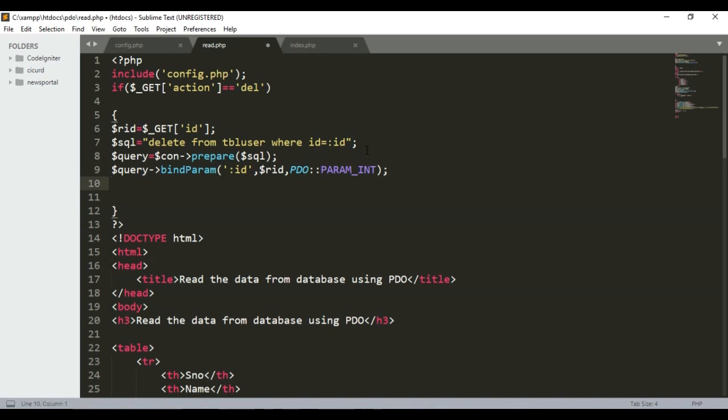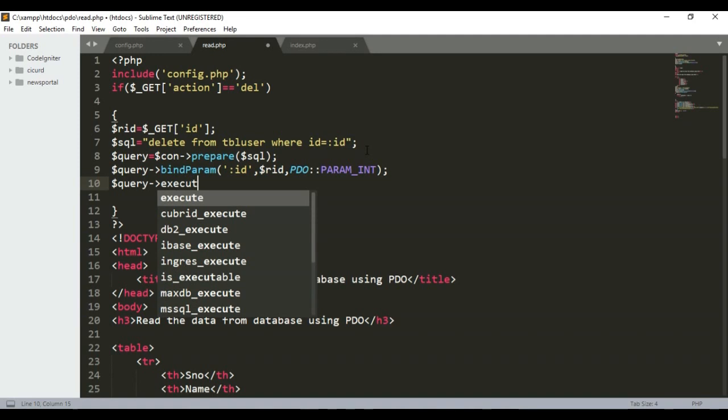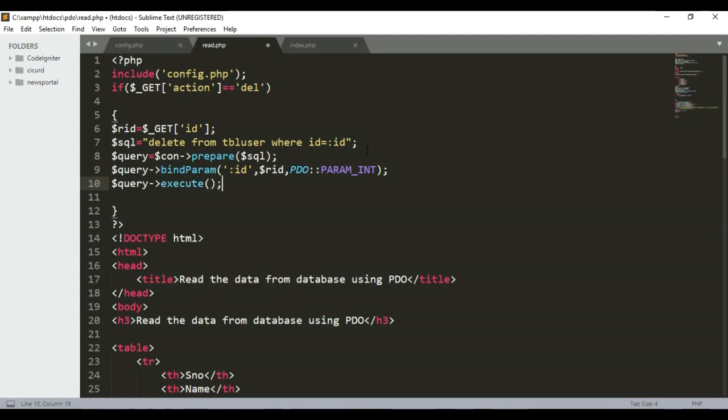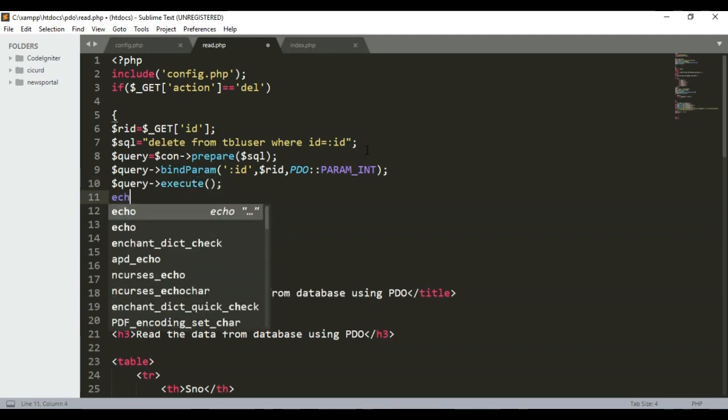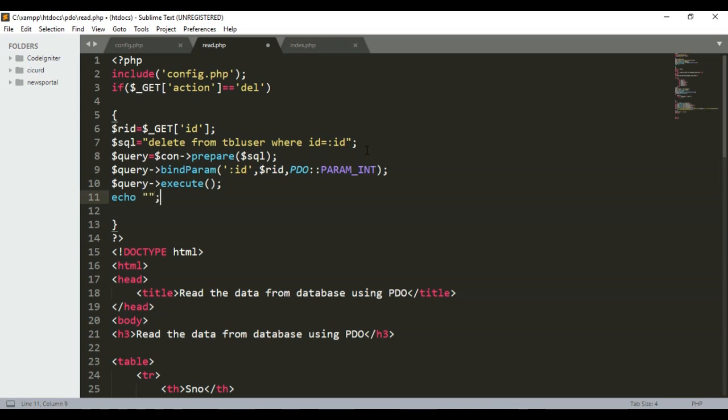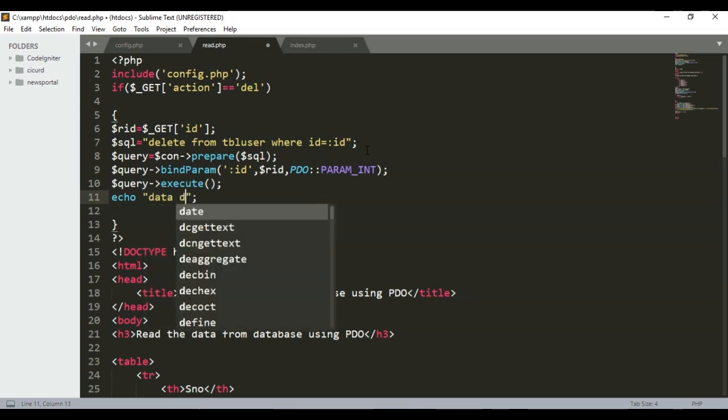Now execute the query, $query object execute. Now print the successful message, echo data deleted.